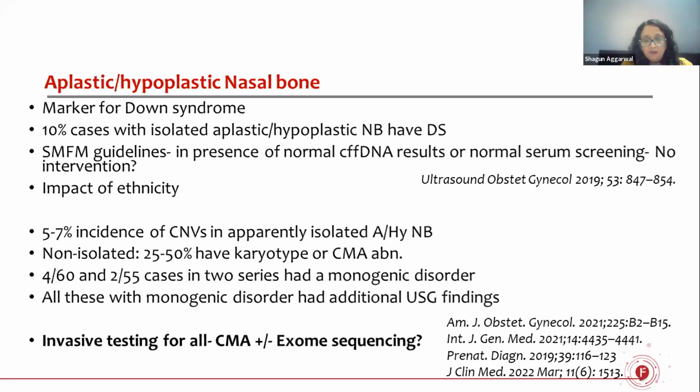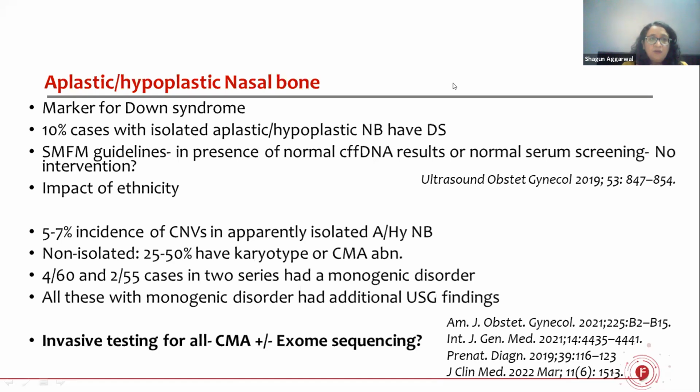Thank you, Dr. Gayatri. Those were really interesting cases because we usually think of hypoplastic or aplastic nasal bone as a marker for Down syndrome and other chromosomal abnormalities, but hypoplasia or complete non-visualization could also be seen in certain copy number variants. This is a very important point because there are guidelines at present which say that if there is a normal cell-free DNA result or even a normal serum screen, and then later on you visualize that you're not able to see the nasal bone or it's small, then these guidelines say that you probably may not do any intervention,